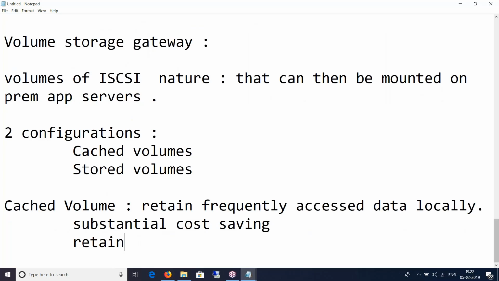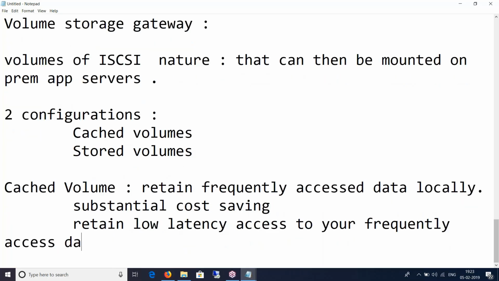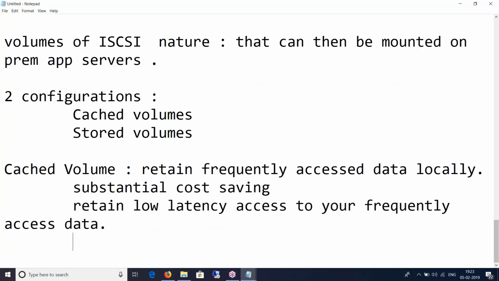You also retain low latency access to your frequently accessed data. Anything that you think is heavy duty and intensive in nature will also be stored in the cached volume on your premise.